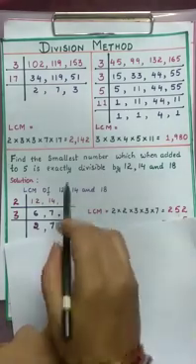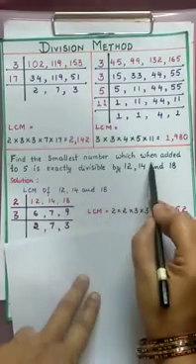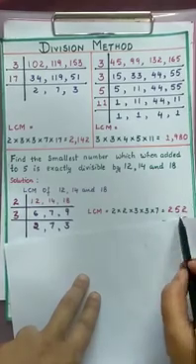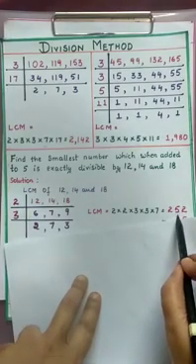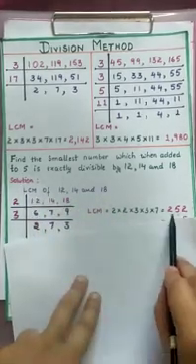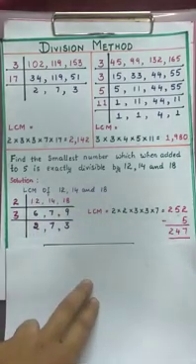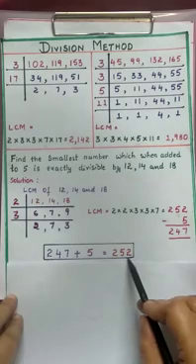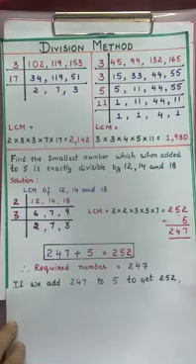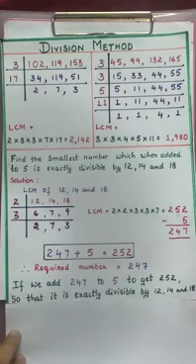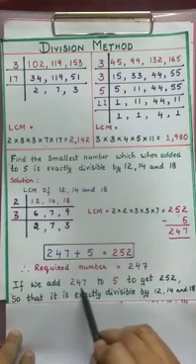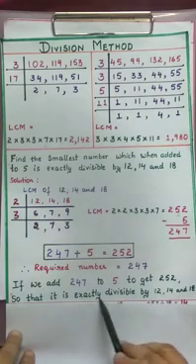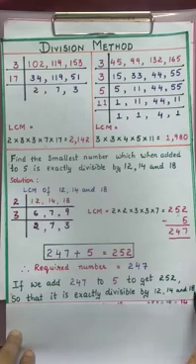Now according to the question, what is the smallest number which when added to 5 gives this? Once again, to 5 which number if you add you get this? So subtract 5 here, which is 247. So 247 plus 5 is equal to 252. What is your required number? 247. What does it mean here? If we add 247 to 5 to get 252, it is exactly divisible by 12, 14 and 18.